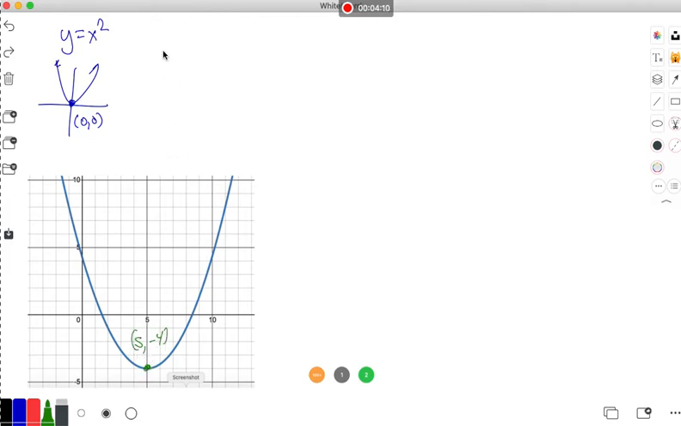So I know we have a translation. And this is going to be right 5, down 4. So my basic equation is going to be, I'll use function notation here,